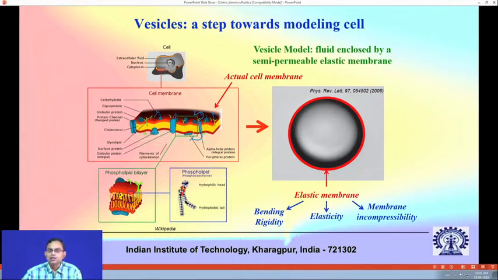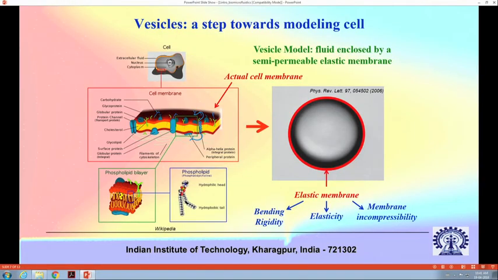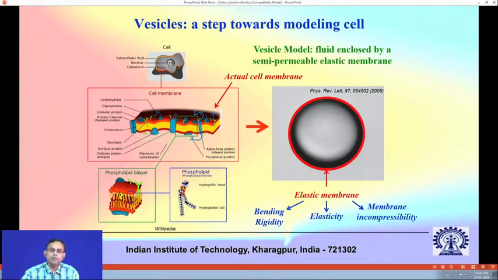A vesicle has a membrane, and therefore it is a membrane fluid interface that forms the interface of a vesicle, unlike the fluid interface of a droplet. That means vesicles are much closer to cells as compared to droplets. Of course, when you have a membrane fluid interface, you add additional complexity to the fluid mechanics problem. You have bending rigidity, elasticity, membrane incompressibility, all these aspects taken into account. But